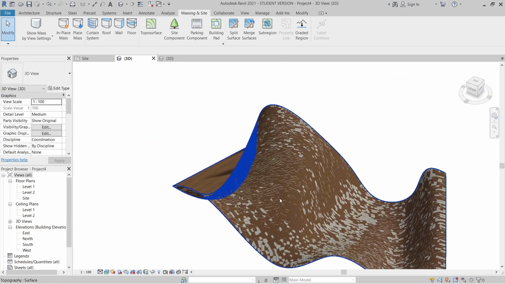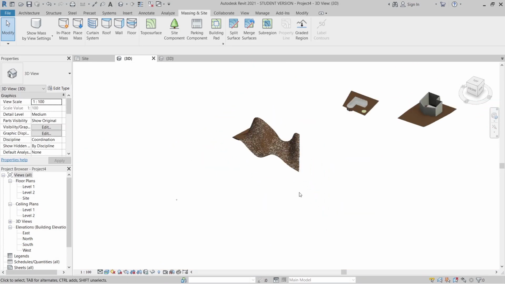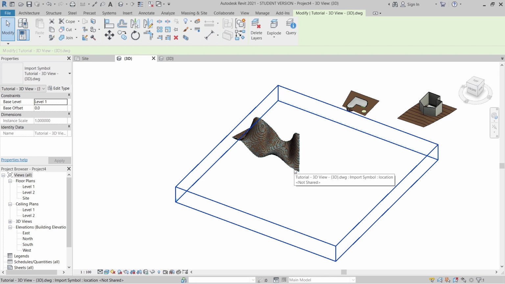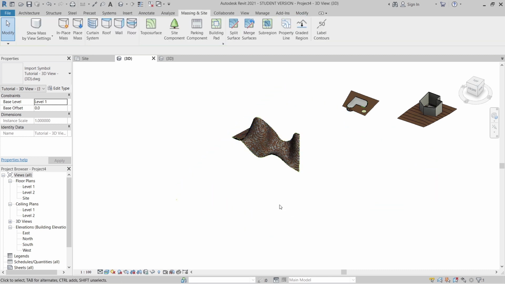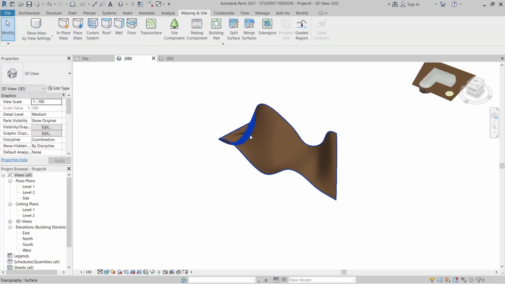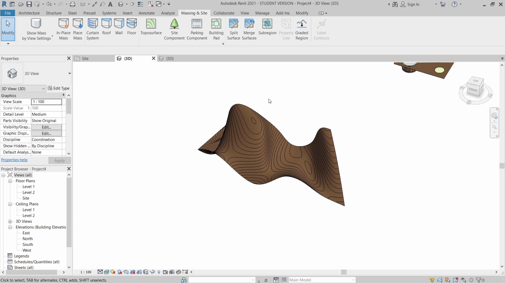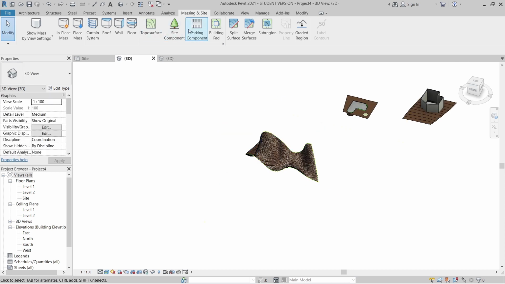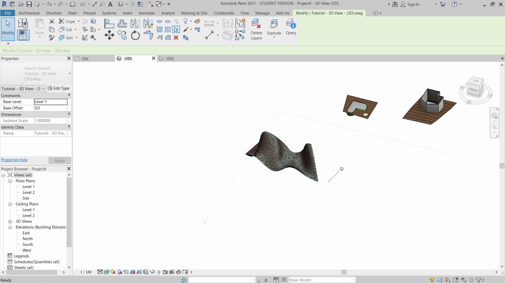Now we've got our topo surface, but as you can see, we have some problems here. Then how could we solve that? You just hit the Tab key until you get your object there, like me. Then I can hit Delete. As you can see here, everything is gone. If it's your first time loading in here, you might need to unpin your element here. Let me show you first. You need to select here, then you need to unpin here like this. You need to unpin here and only then you can delete.